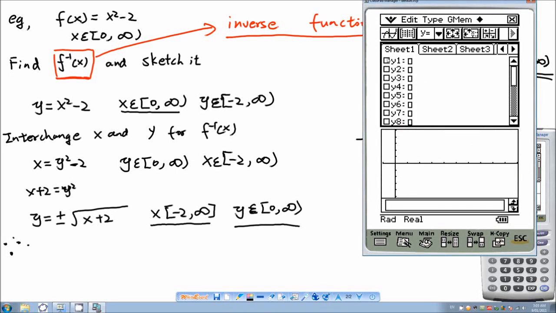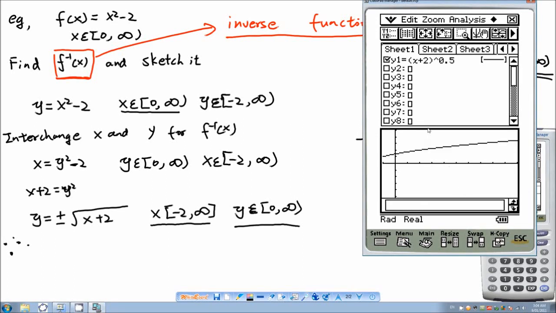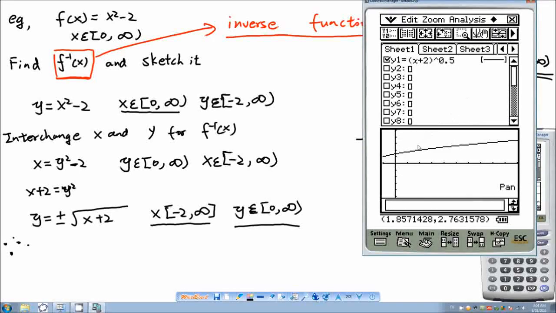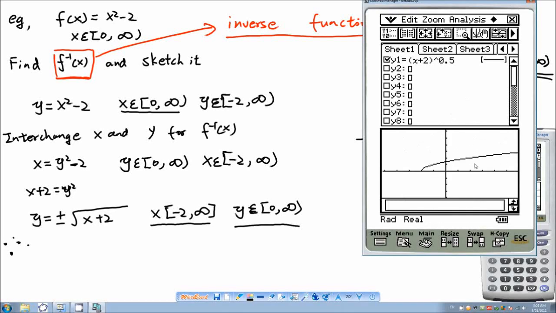Now let's input the function. So I will have x plus 2, I put them in brackets, to the power of half. And let me put it in the graph. Okay, this is the graph